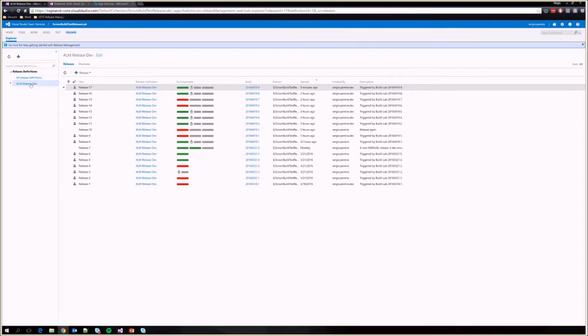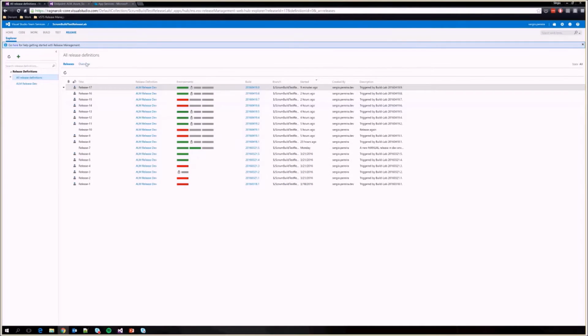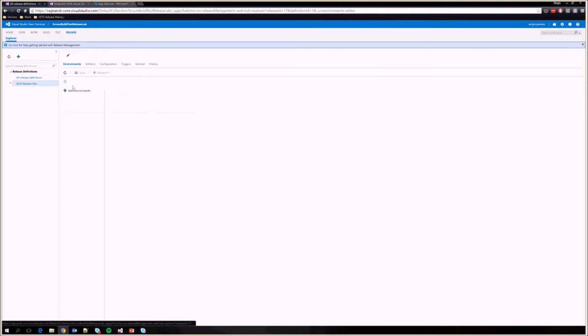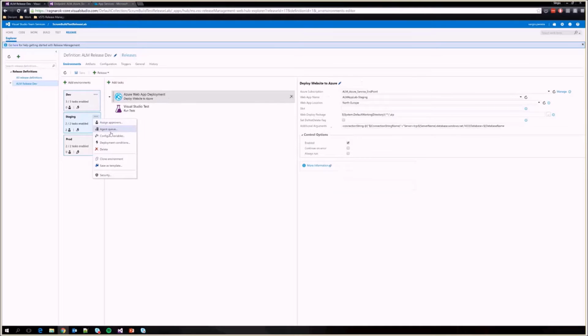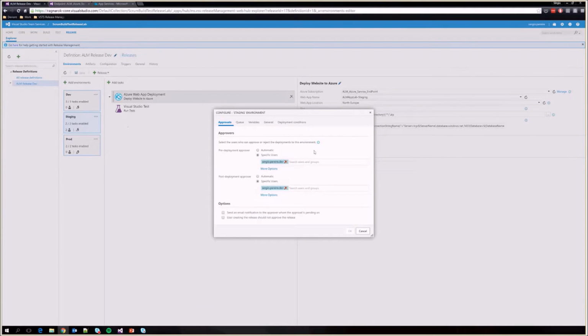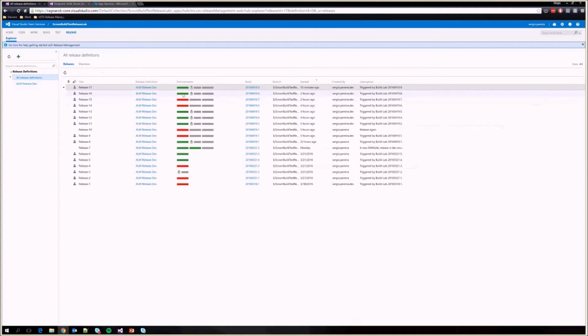If we jump back into these definitions and our environments, we can see in the staging environment that we have assigned approvers for pre-deployment and post-deployment. As I am an admin in Visual Studio Team Services, I can